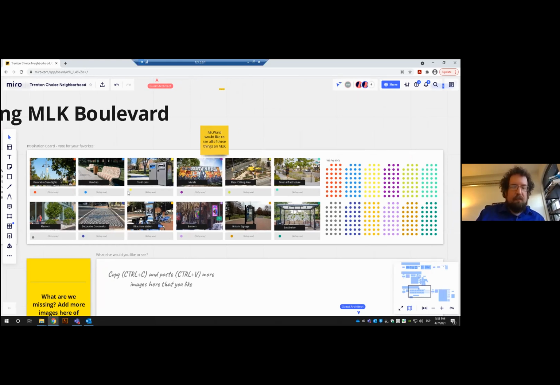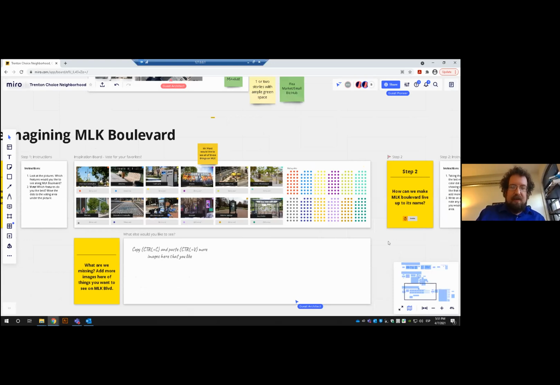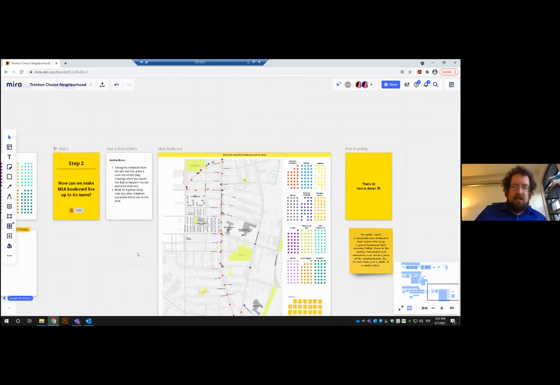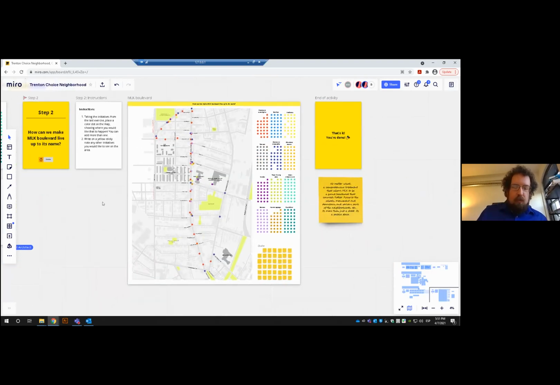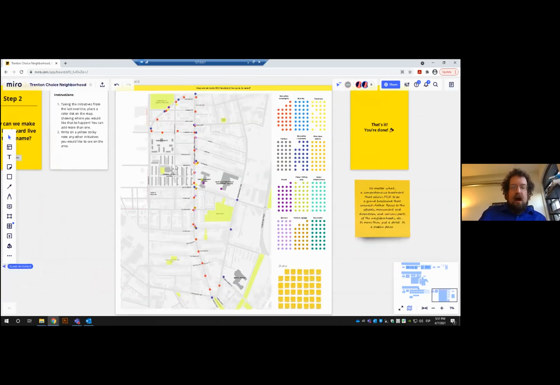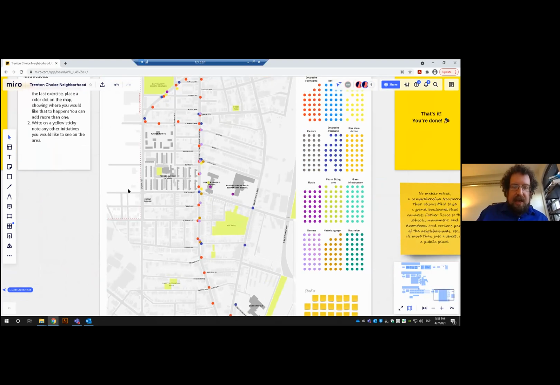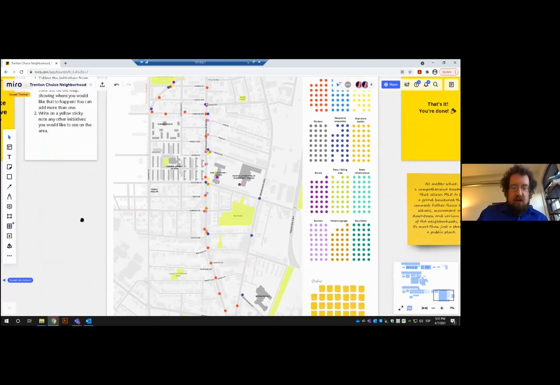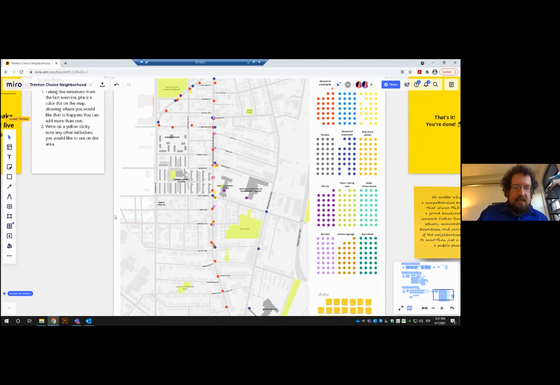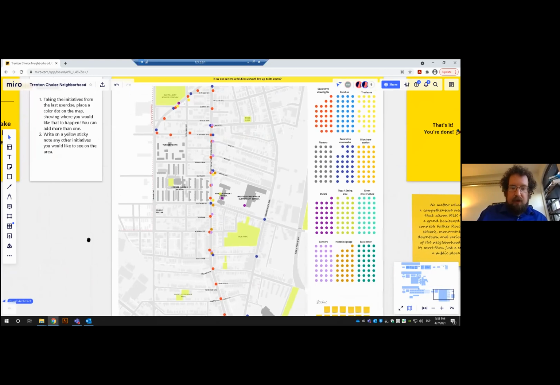You don't want a bus shelter everywhere on the Boulevard. You want it in a few key places where there are important bus stops. So the idea is, as part of this, to take a look at where some of these things currently are. You can see over here where some of these things currently are, and then we can add in where you want to place certain items. And yes, if there are other things that you want along the Boulevard, we can add those things.